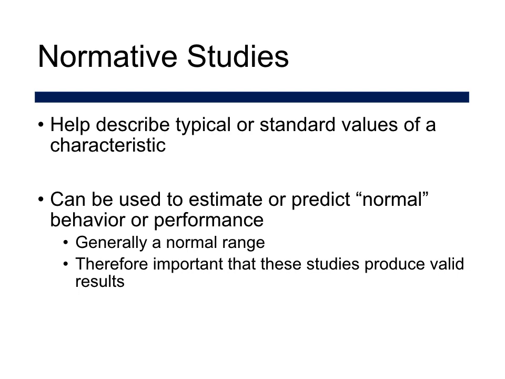Normative studies help describe a typical or standard value for a particular population and characteristic. This means that this type of study looks to make comparisons between a study participant and a known standard value or limits. These are important types of studies as they're used to estimate or predict normal behavior or performance for a characteristic, for example, hand grip or motor skills, or I suppose it could even be used for studying nutrition